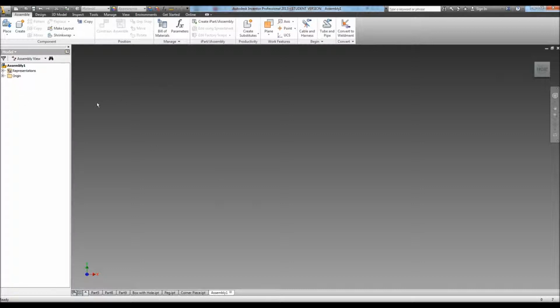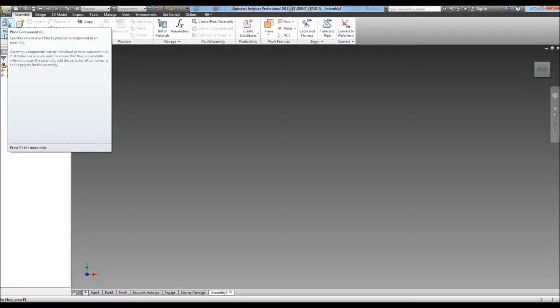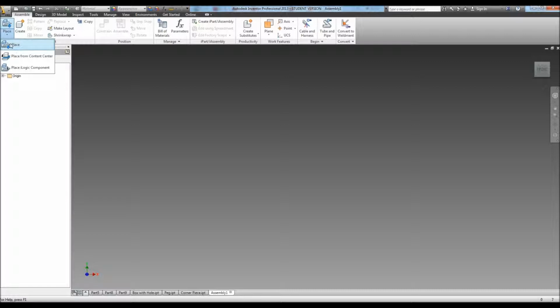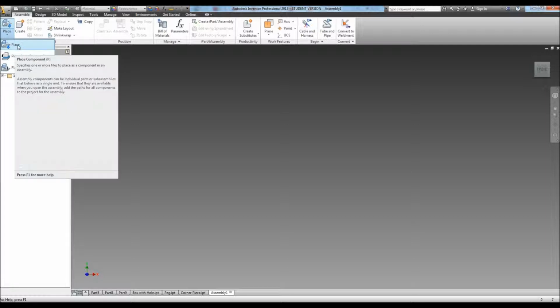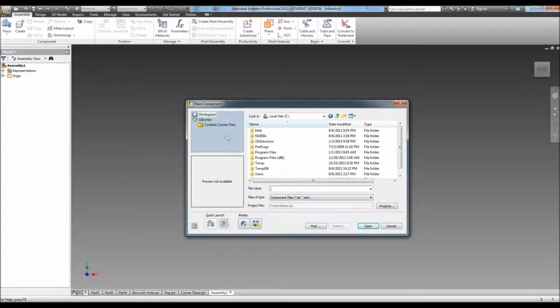Once we get here, it just looks like our sketch planes. Up in the left hand corner where we normally have create a sketch, there's an option that says place. If you click the drop down menu, you'll see place, place from content center, and place iLogic components. Parts that you drew are going to be in the place. You're just going to click place, and it'll open up and you'll be able to go and find the files